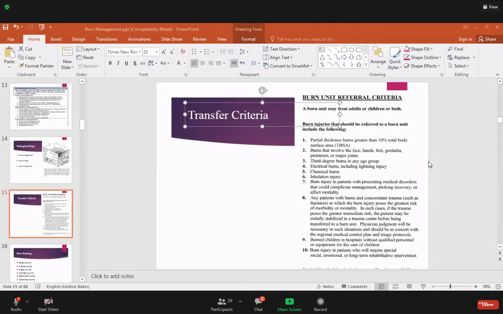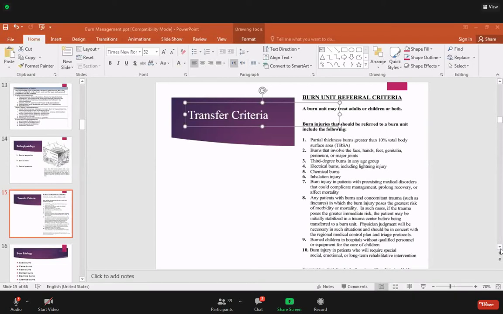Any burn that involves the soft sides of the body, like face, hands, feet, genitalia, and perineum. These are called the soft areas of the body. So any burn that involves these areas should be referred to the burn center. Then in any age group, if there is a third degree burn,